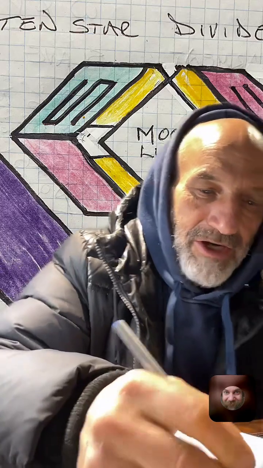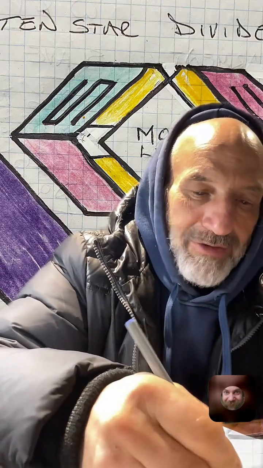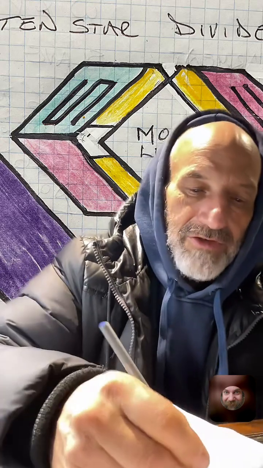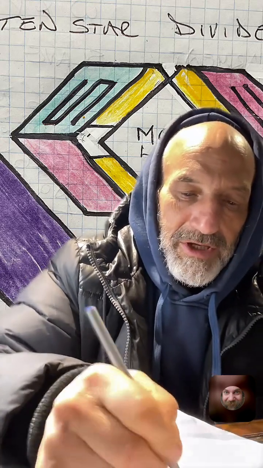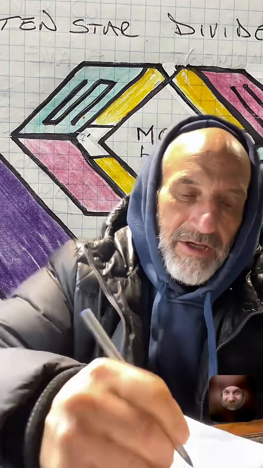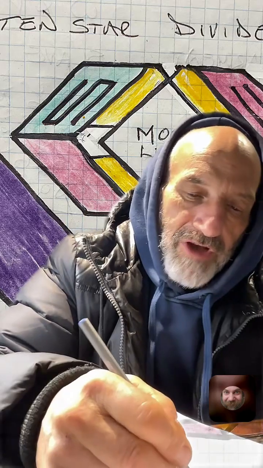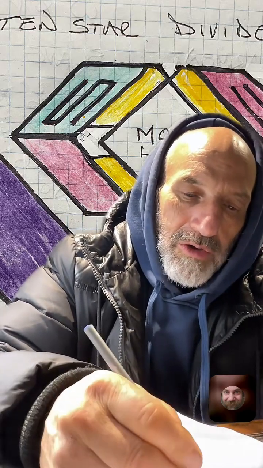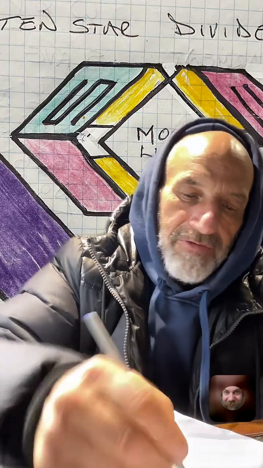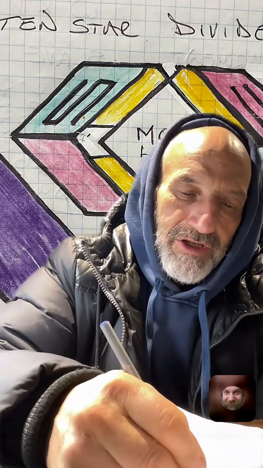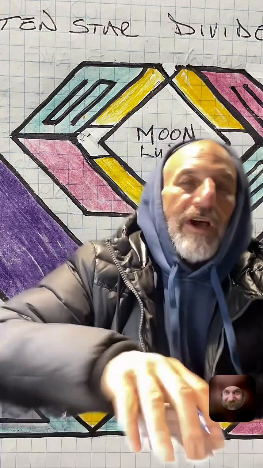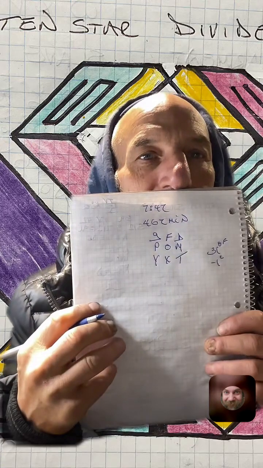747 at night, not the airplane, is 467 minutes, or the word God. So let me see this. G P Y. Now we have the 6, which is O F X, and then we have the 4, which is D M T, and now you can travel the seventh gate with God.